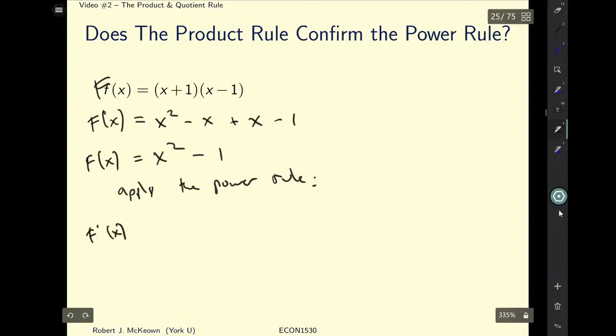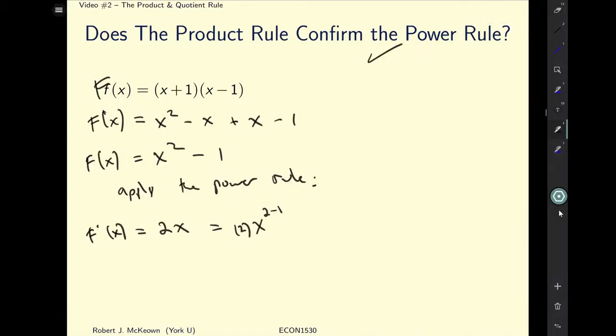f prime of x is equal to what? Well, it's equal to 2x, right? Applying the power rule, I subtract 1 off the exponent, and then I also bring the original exponent down and multiply it by the base. In this case, the base is x, and so we can see that the product rule does indeed confirm the